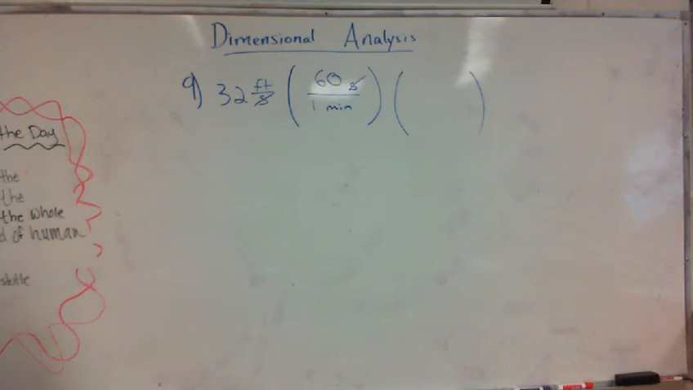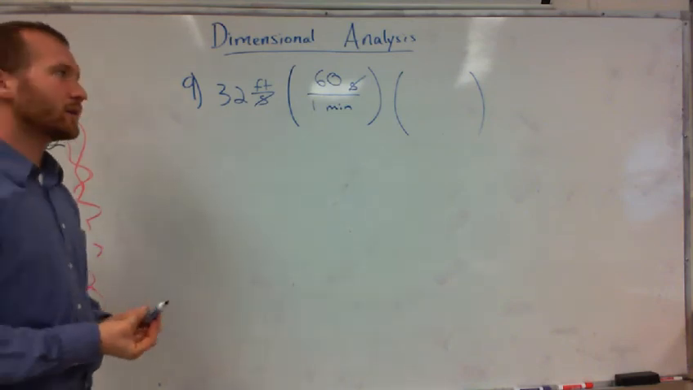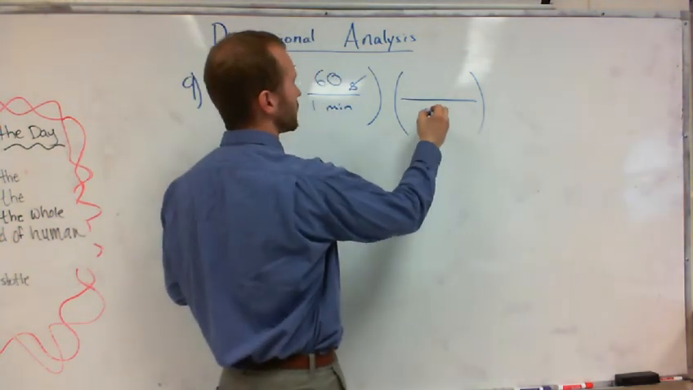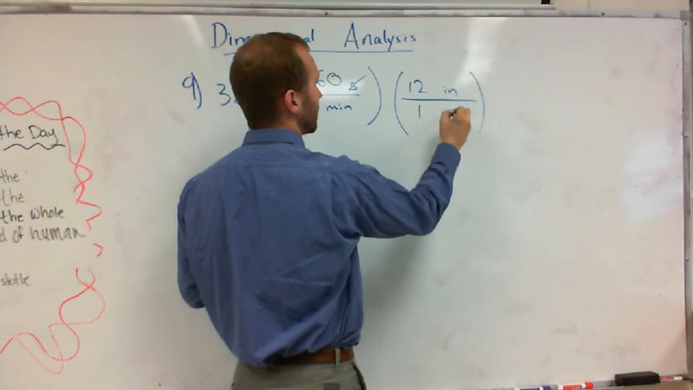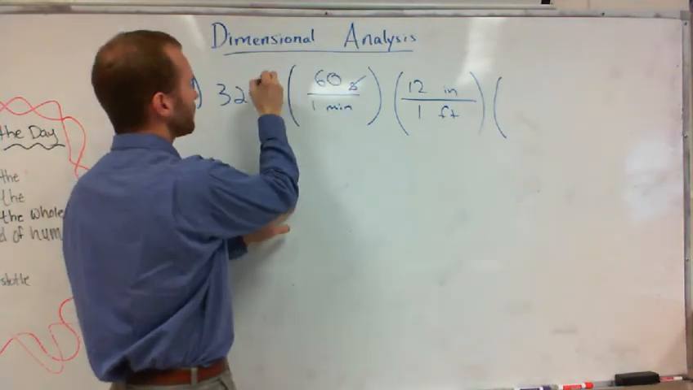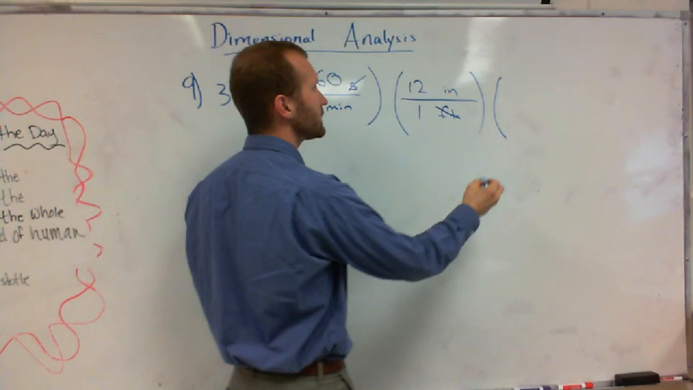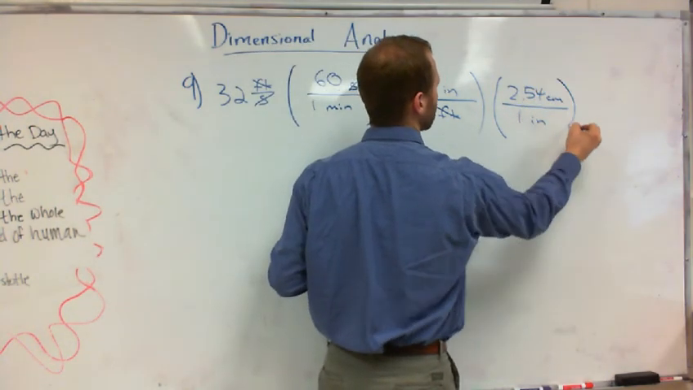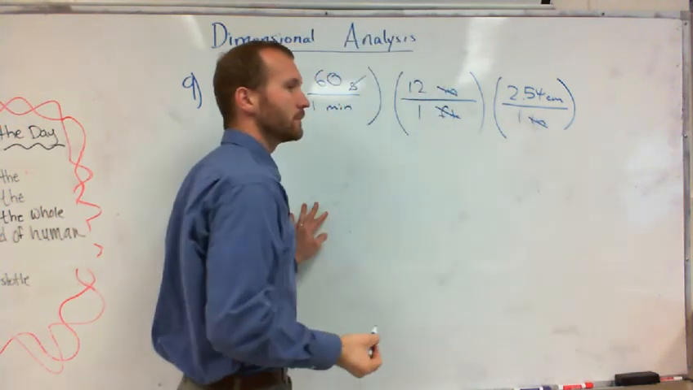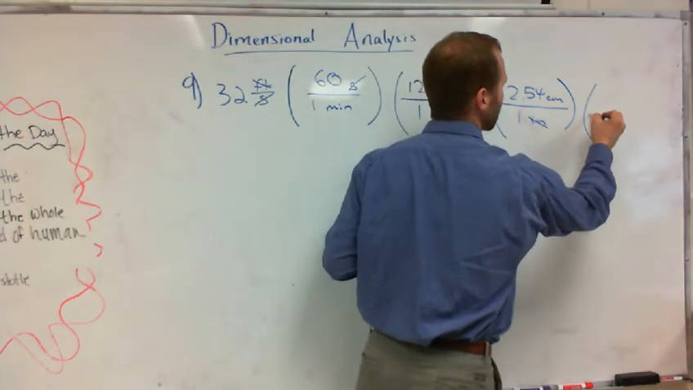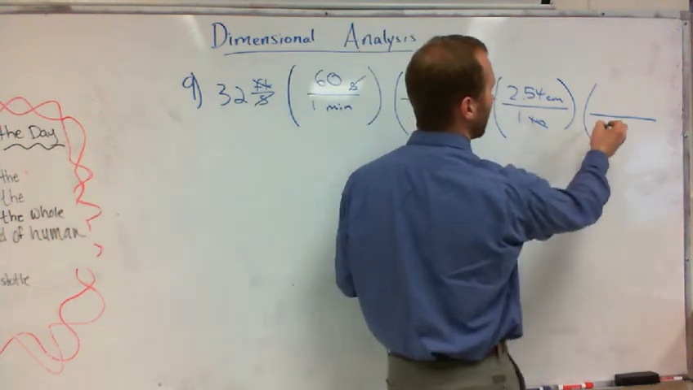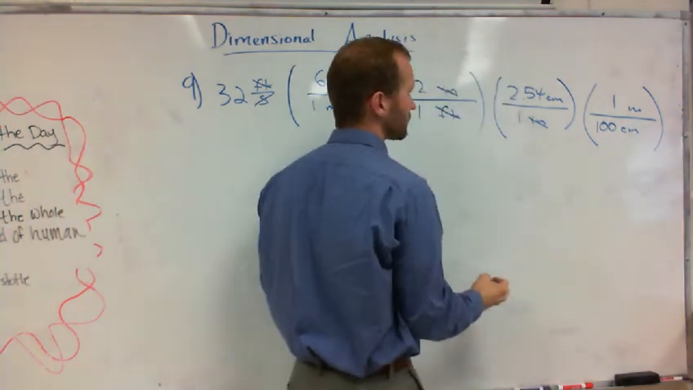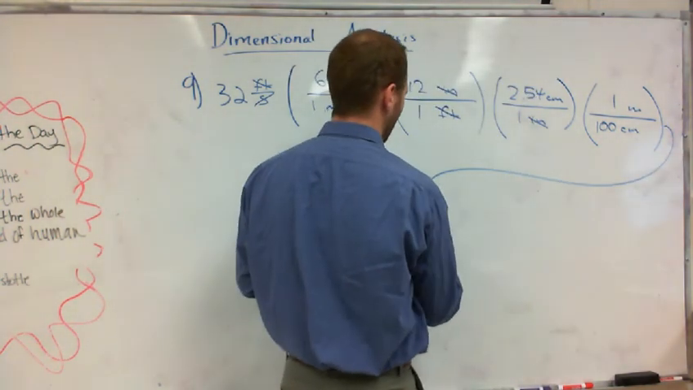Now let's worry about feet into meters. If you don't have a conversion for feet to meters, you can go feet to inches. So there are 12 inches in 1 foot. Feet will cancel the feet. Then go inches into centimeters. 1 inch is 2.54 centimeters. Inches will cancel with inches. And then you can go from centimeters to meters. And we know there are 100 centimeters in 1 meter. That's going to equal